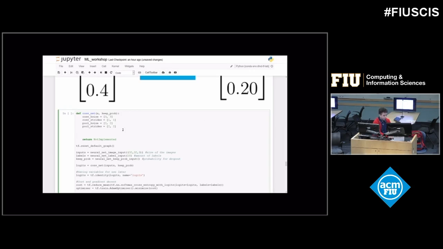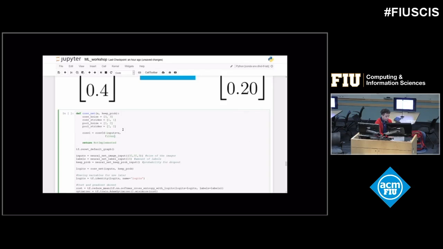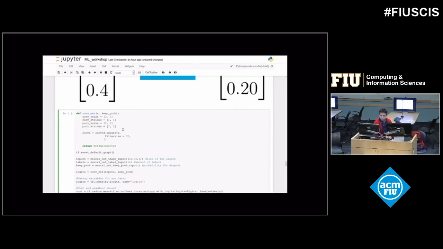So then we'll do the first convolution. Our input is going to be x, which is going to be the image. Our filter size, since we're taking in 32 by 32 images, is going to be the same as the image. Our kernel size, which we said was our convolutional filter size.